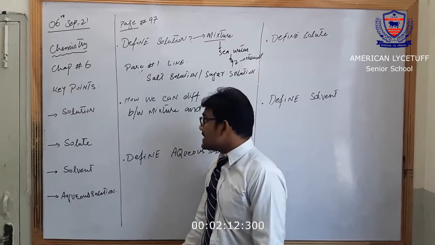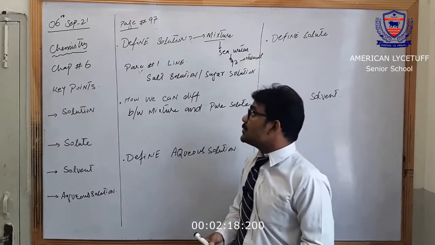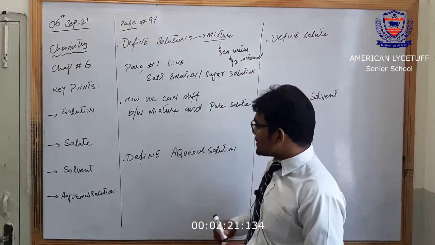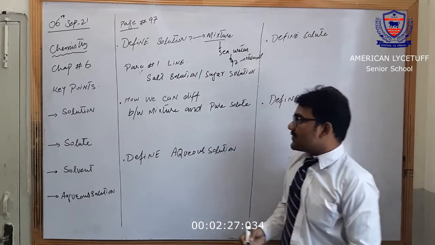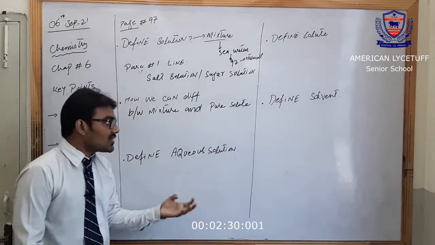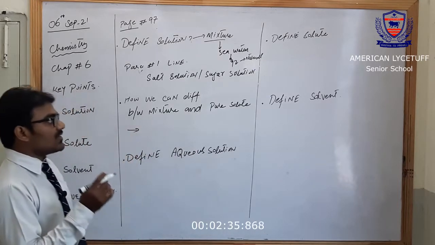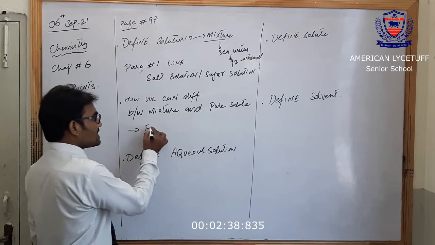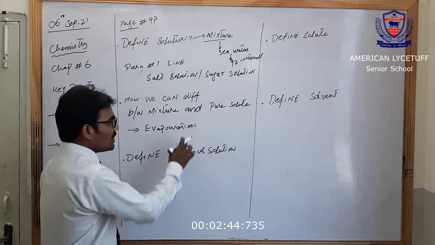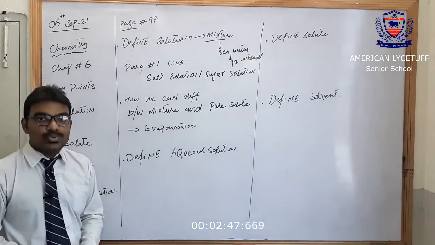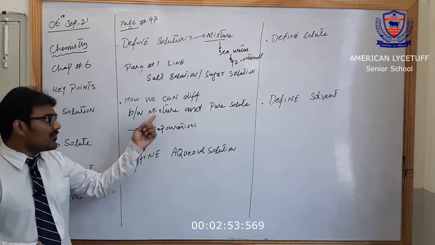Our next question is how we can differentiate between a mixture and a pure solvent. As I told you, the solution is a type of mixture, so how can we differentiate whether this is a solution, a mixture or a pure solvent? The common process used to differentiate between the mixture and the pure solvent is just evaporation. Evaporation is a simple process through which we can differentiate whether it is a pure solute, a pure solvent or a mixture. Because when we do evaporation of a mixture, then